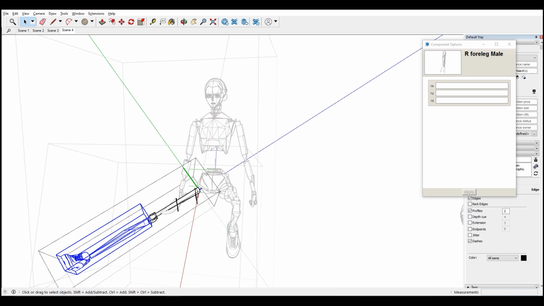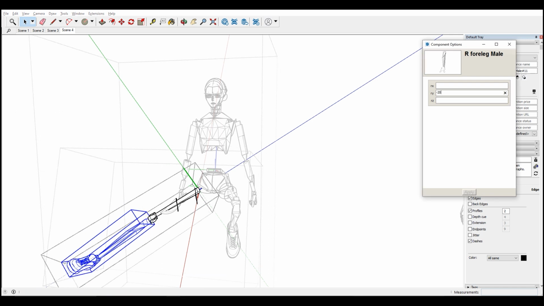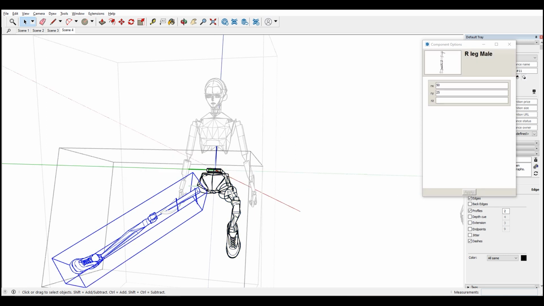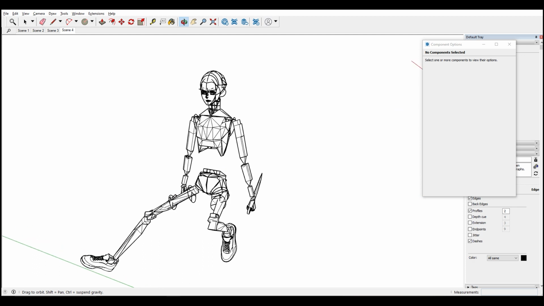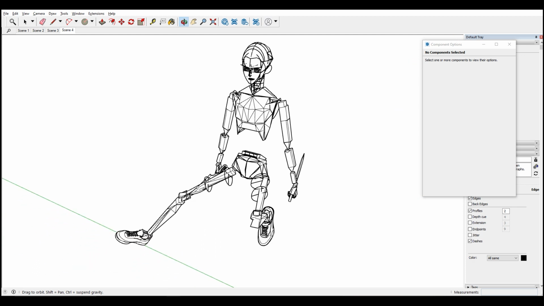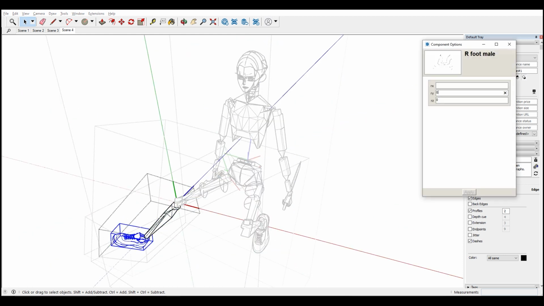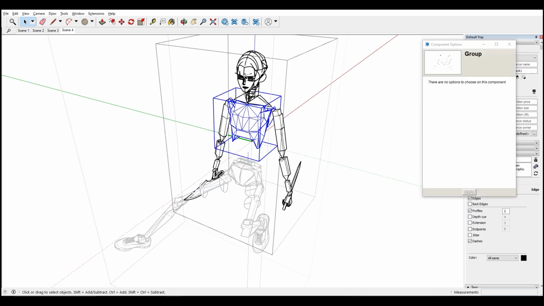Okay, so I'm posing this one, demonstrating a pose for this model. As you can see, I'm just highlighting the parts, then posing each part the way I like it. Also, another trick you can do in SketchUp is